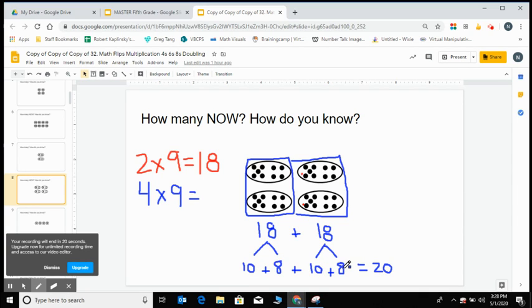And then 8 plus 8, I know that's 16, but remember, I don't want to do any regrouping. So if I just split up 16 into 10 and 6 more, this problem becomes a lot easier for me. So 20 and 10 more is 30, plus 6 more is 36. So that means that double 18 would be 36. So that's how I can use